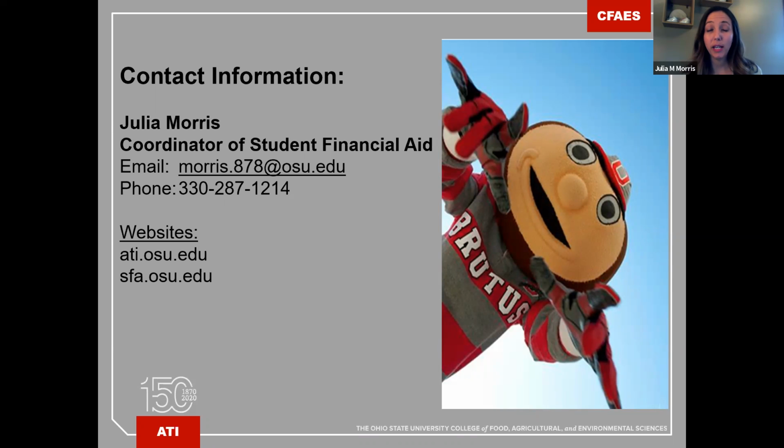Another thing with commuting, make sure that your student is filling out the parent close exemption form. You want to make sure if your child is going to be commuting that you are completing that form. I know Mick Steiner through our housing office would have that available, and I'm sure our admissions staff does as well. But just make sure that it's getting submitted so we know your student is commuting.